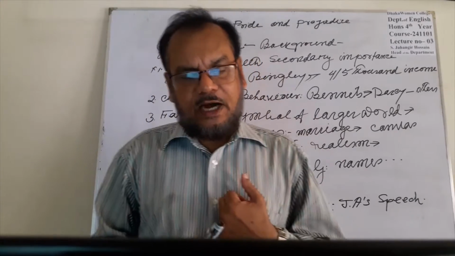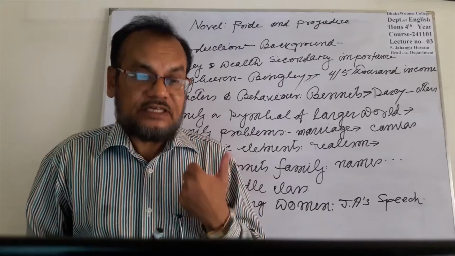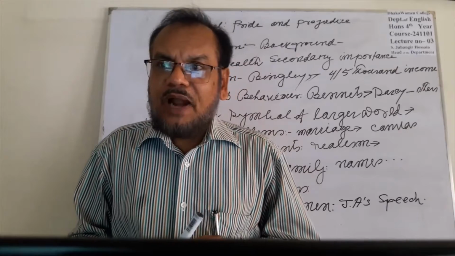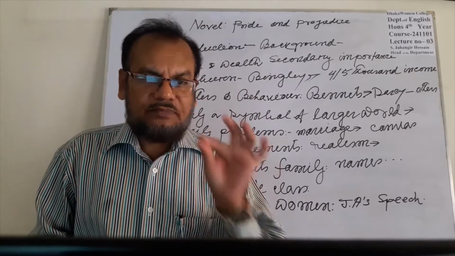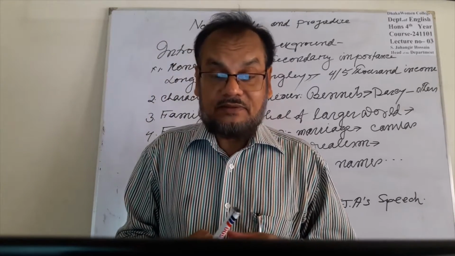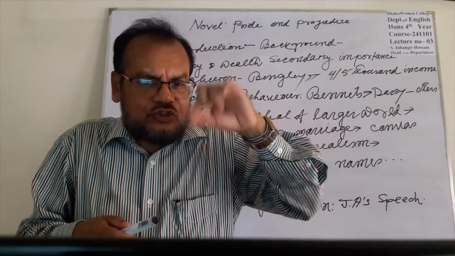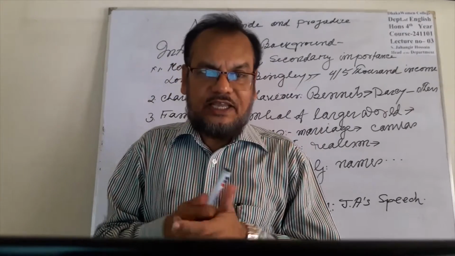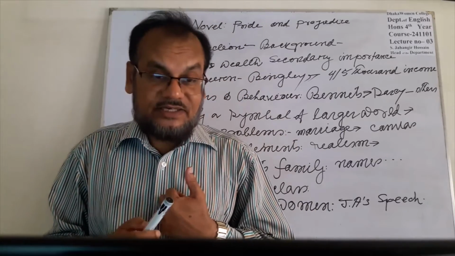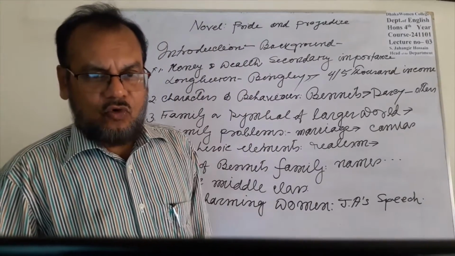So, I think these characters and behavior are the main themes of Jane Austen's Pride and Prejudice. Pride belongs to Mr. Darcy. On the other hand, the female character Elizabeth possesses the prejudice. So, according to these two important characters, the novel Pride and Prejudice is written by Jane Austen. Okay, next I'd like to go to